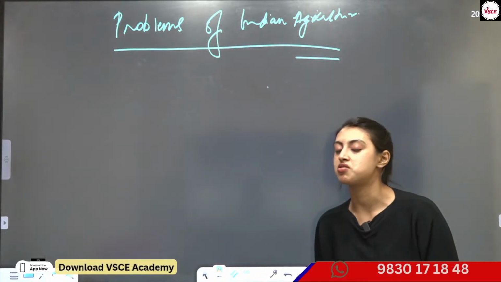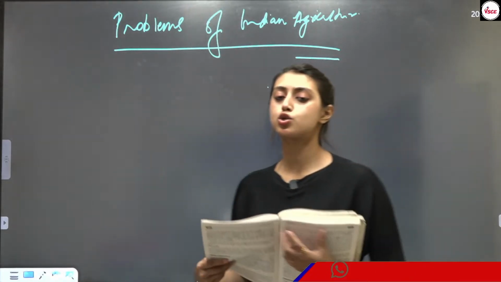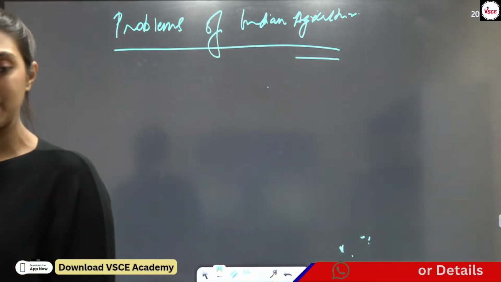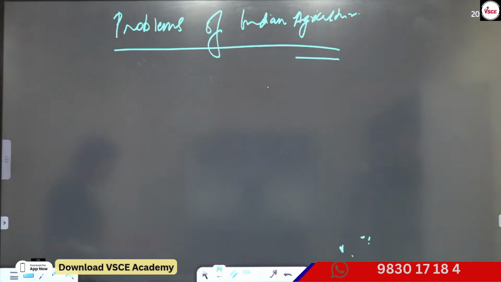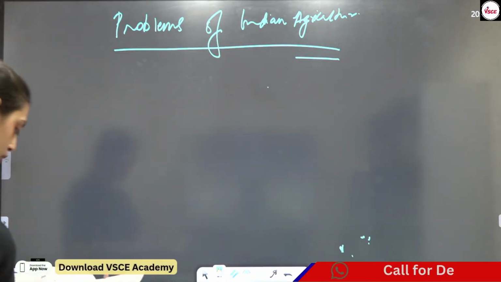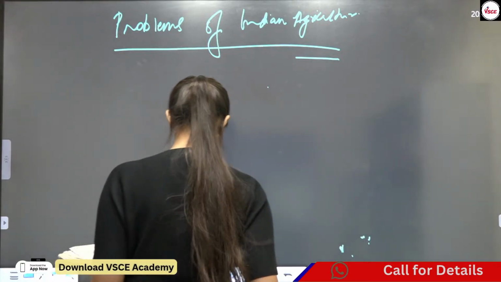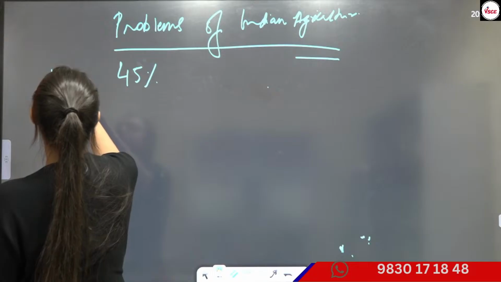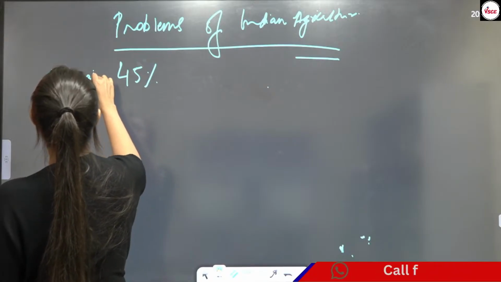Okay, irrigation is a huge problem, huge. Irrigation should be studied deeply, in depth. How is that a huge problem? Let's talk about that as well. Although India is the second largest irrigated country of the world after China, only 45% of the cropped area is under irrigation. So we are going to write this down. Only 45% is under irrigation.